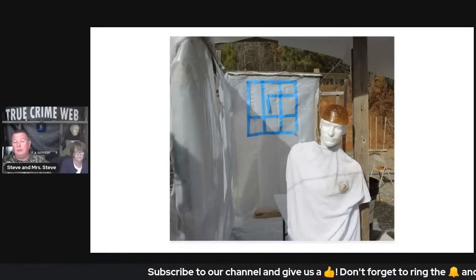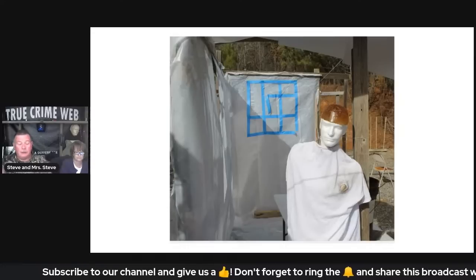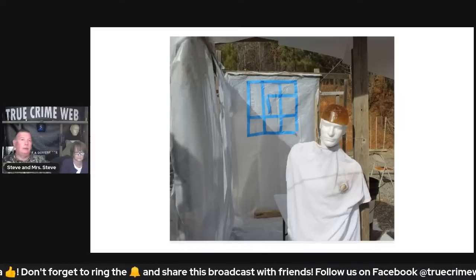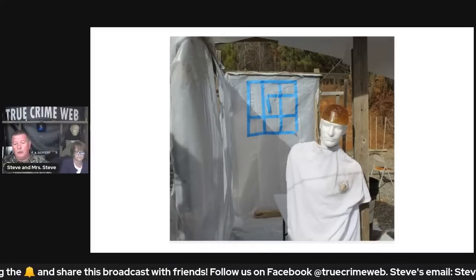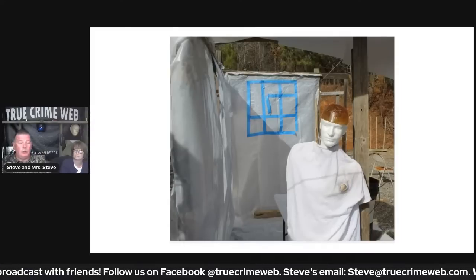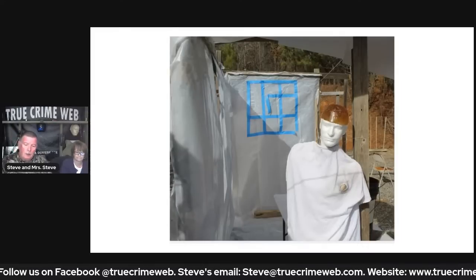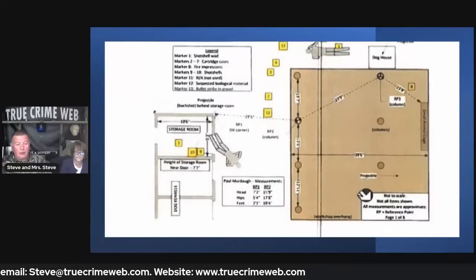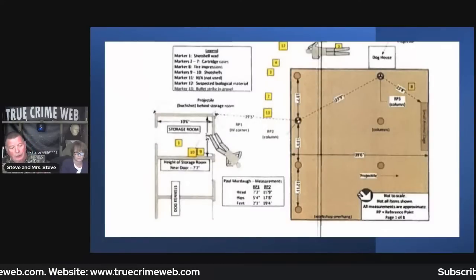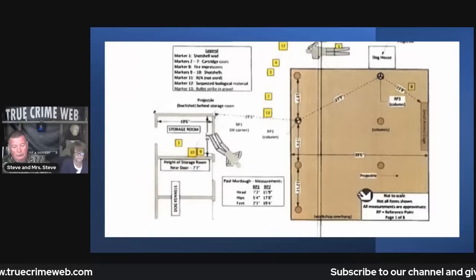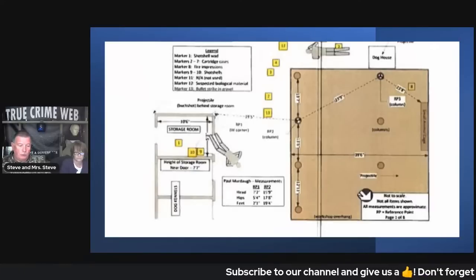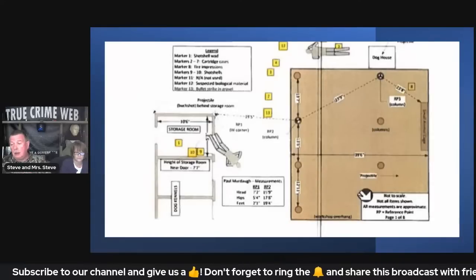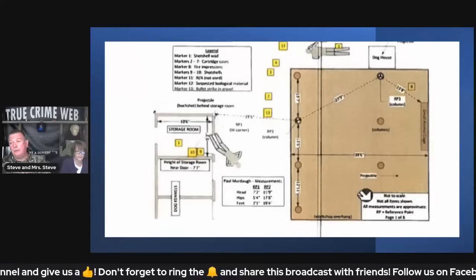And as I processed this crime scene, and I'm still processing it, the area of coverage of where that debris went is very consistent with what happens when you have a 12 gauge go off that close to a human body. So this is the ballistic gelatin I made and put on Manny. And now you have to remember the location, and Paul is the one that is facing down around 5 o'clock in the storage room to the left-hand side of this. His hands were reported to be under his body, which is extremely significant.